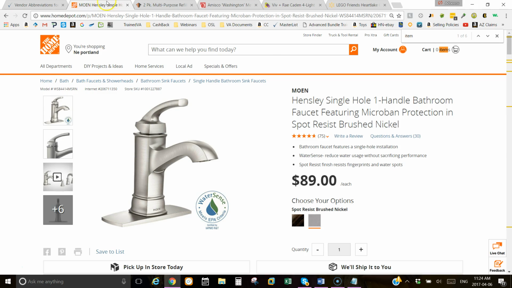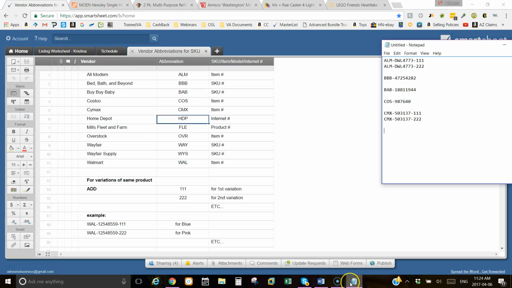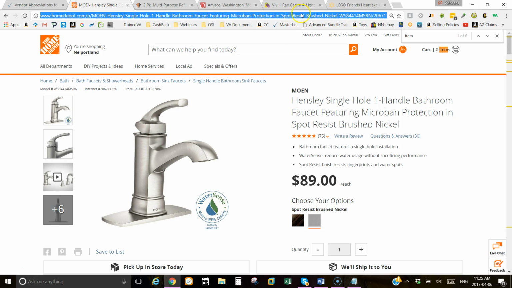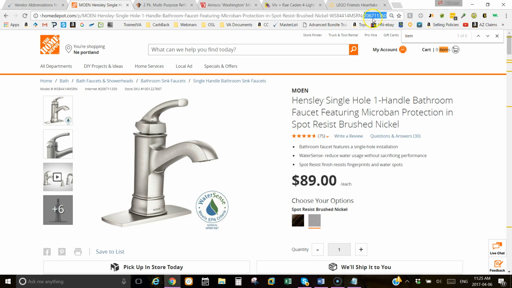So for Home Depot, the vendor abbreviation is HDP dash, and they want the internet number. So if you look over here, Home Depot has a few different numbers available: the model number, the internet number, and the store SKU number. What we are using is the internet number, which either is up here if you want to use it from up here. The internet number is right here, the 2067-11350, or it's just down here as well. So I'm just going to copy it from down here. Copy,